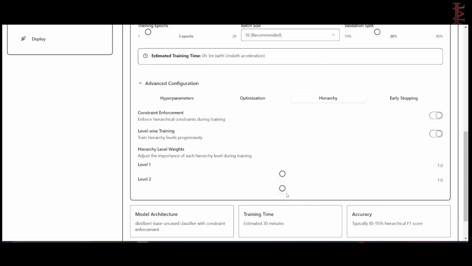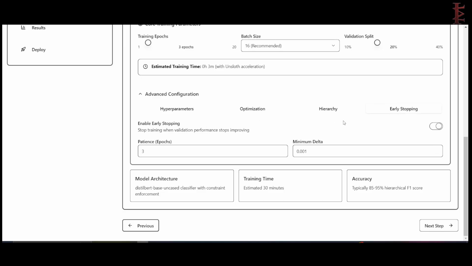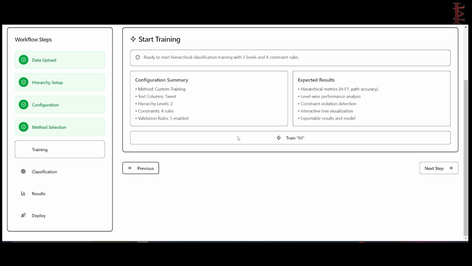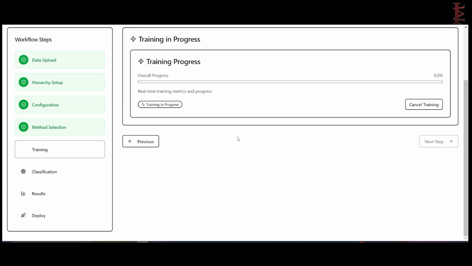You get to set the weights of the model, set up early stopping, minimum delta, all those beautiful things that you want to do when you're creating your own machine learning model. You can do them on the platform. And then now we go to the next step. Let's say train H1,